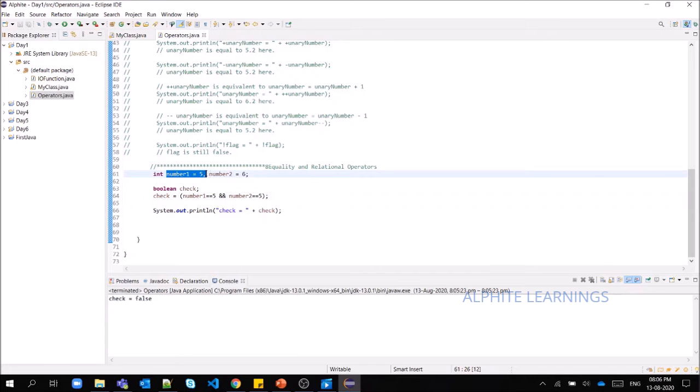Then this operation, the 5 value will get assigned to number 1. That is assignment. If you give only one equals sign, that is assignment. If you need to check whether it is equal or not equal, you have to use the double equal sign. If it is not equal to, you give the not sign and then the equals. Understood?